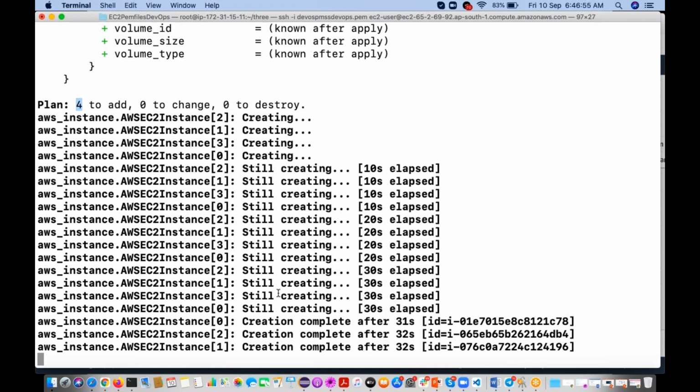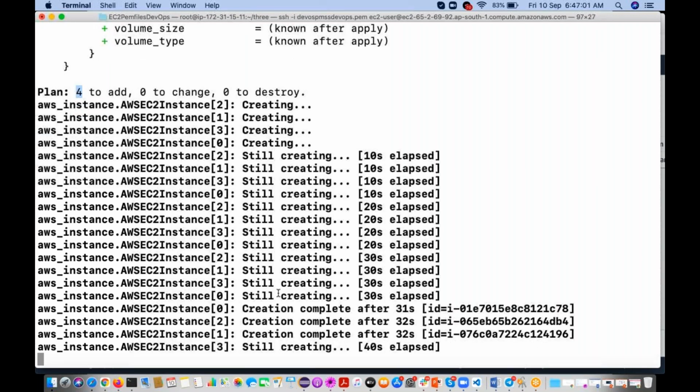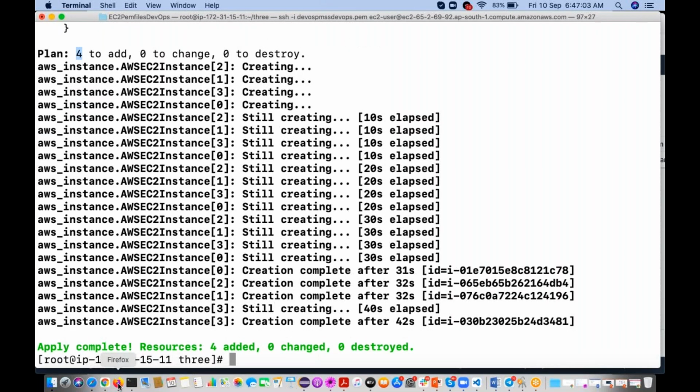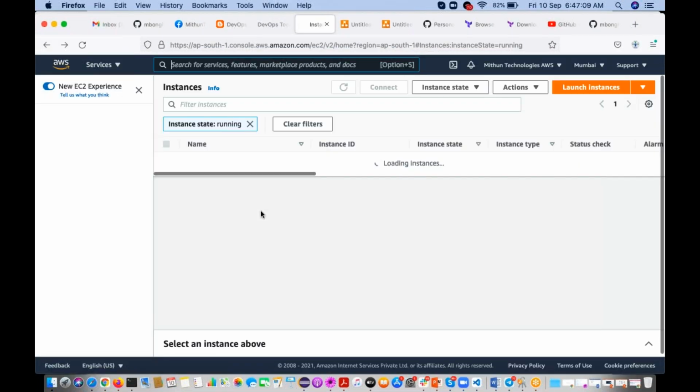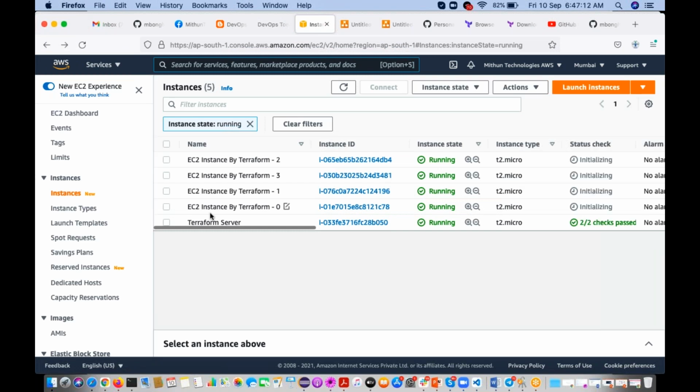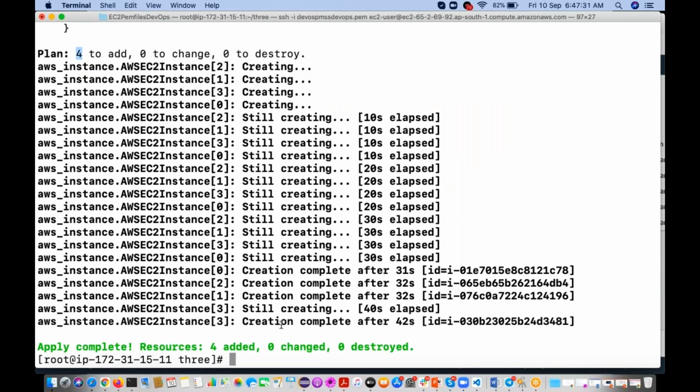It is creating. See, it has finished. Now you can go and refresh it here. See here, instance by Terraform 0, instance by Terraform 1. Like that, it is going to give the numbers. With various different names we have created. So like this, guys, you can use variables and pass the variable value dynamically.